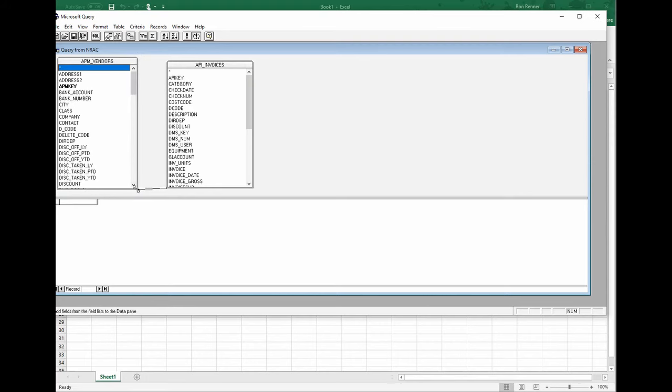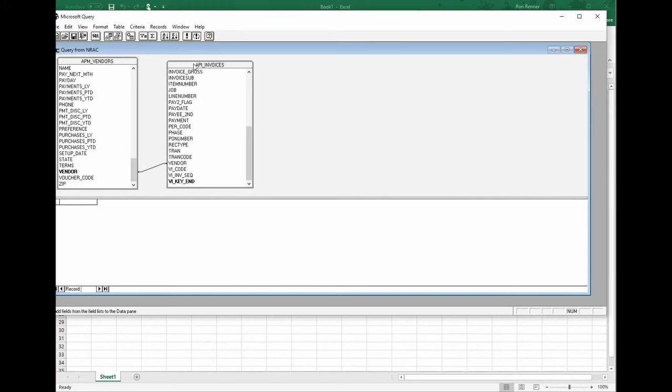And I'm really only going to make a query off the vendor table, but I wanted to show how there are relationships already in place when you have related files. Joined would be the technical term, where we see the two tables are joined together by the vendor number. But I'm going to make a query strictly off the